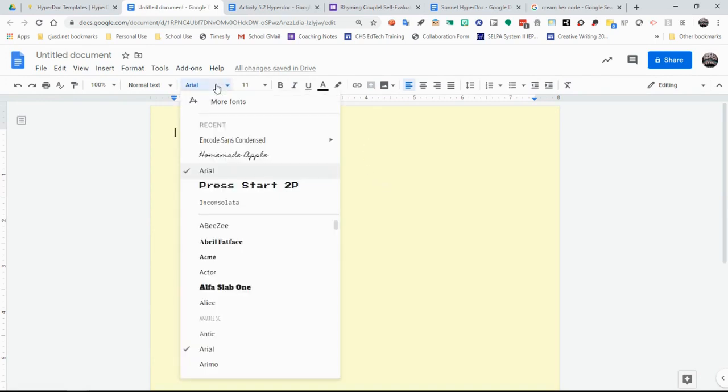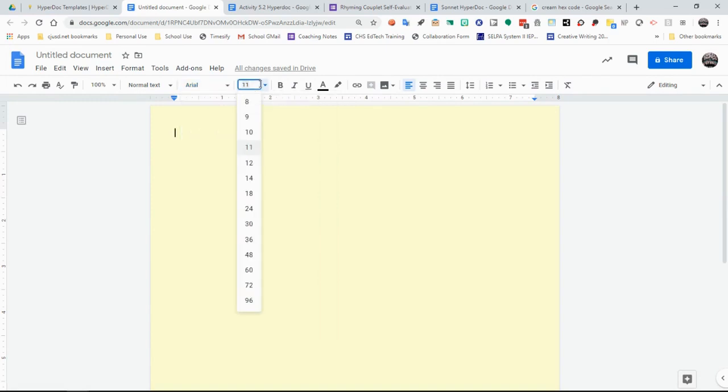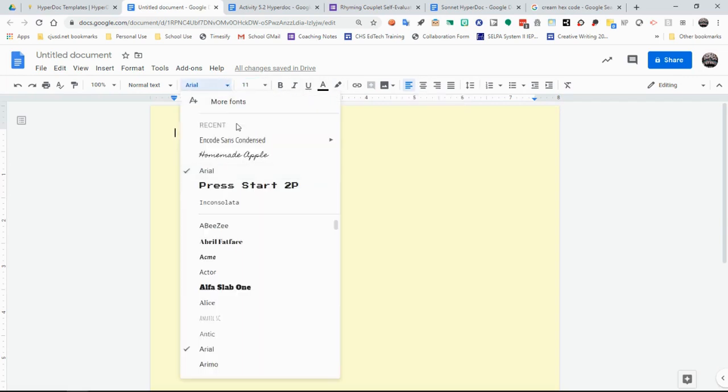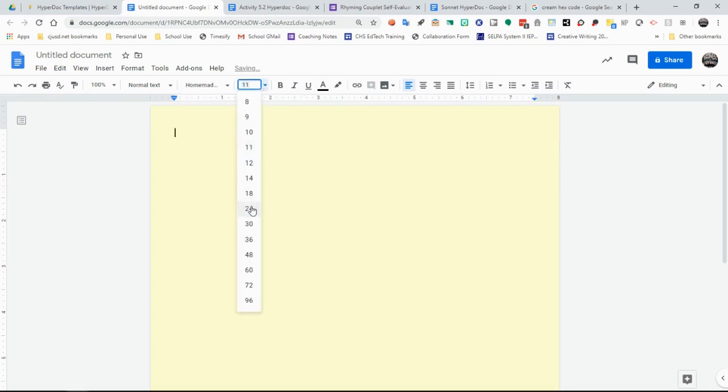Now that the base is set, let's set up the title. Like all docs, this is as simple as selecting your font, the font size, and your justification setting. I want something script-like, so I will use this great font called Homemade Apple. Size it at 24 points and center justify it. What I want to call it is Understanding